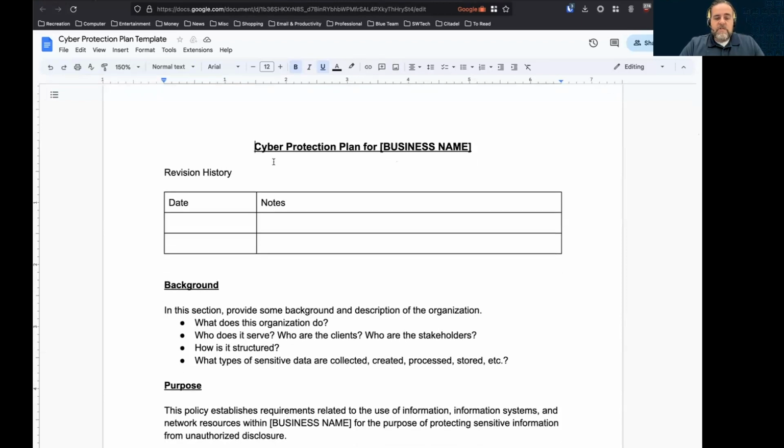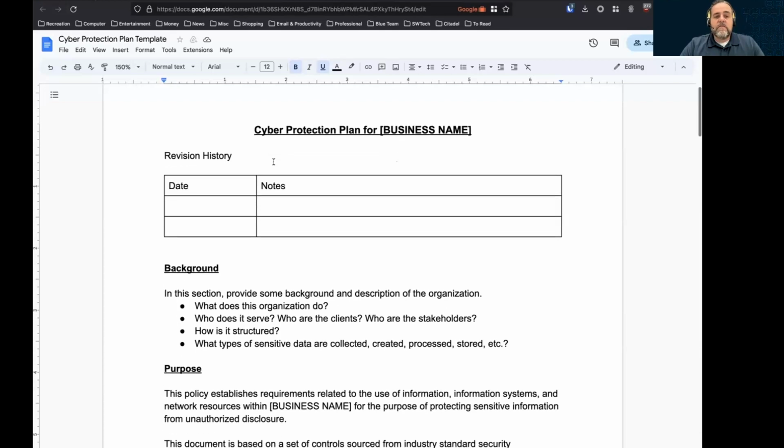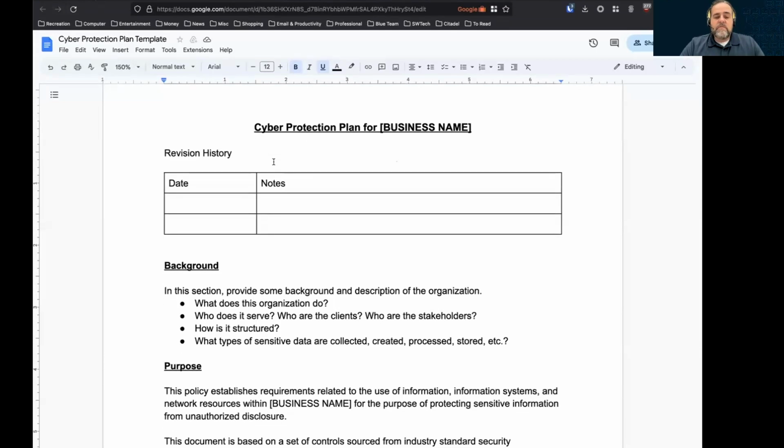But the one thing I want to stress is that this is not Mad Libs. This is not a go and fill in the blank kind of deal. You want to create this to be your own thing. It needs to be concise, to the point, and direct when you're doing this. So we don't like to have Mad Libs because every organization is different.